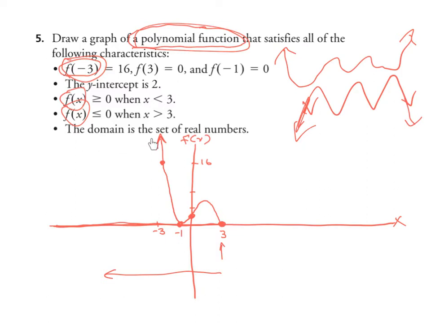The domain is the set of real numbers. Well, they didn't even have to tell me that. It's a polynomial function. Of course, the domain is the set of real numbers. That's how polynomials are. So now I could kind of do whatever I want on this side, as it doesn't say what degree it is, as long as I stay under